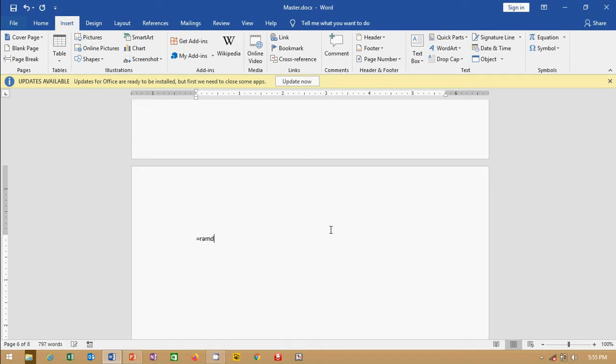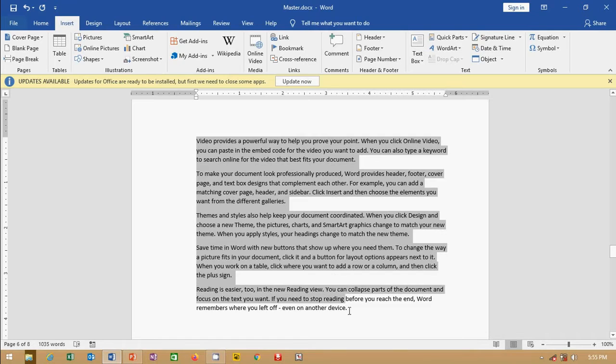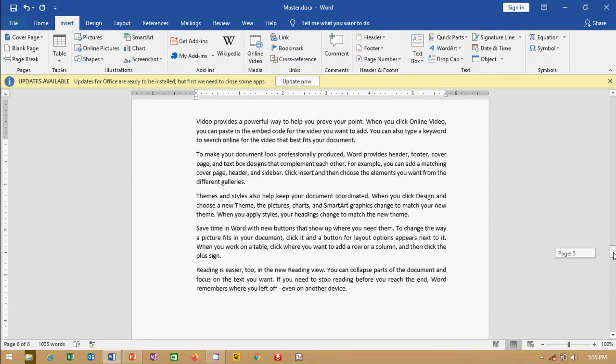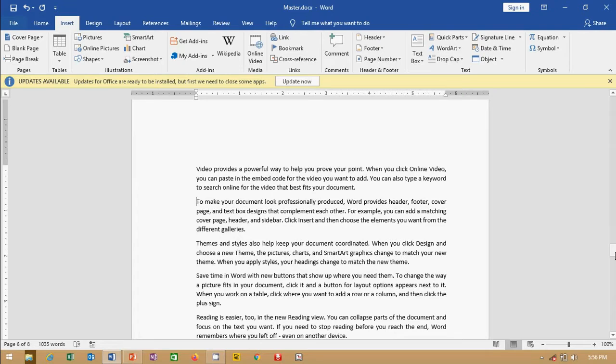In the blank page, suppose I am using the rand command. I'm going to use 5 paragraphs using the rand command. So I have taken 5 paragraphs, and I'm going to make it justified. Suppose, what is the difference between page break and blank page? Blank page is giving completely a page that is blank, and page break means suppose I would like to break my page from here. So with page break, from any point of the page you can break that page.